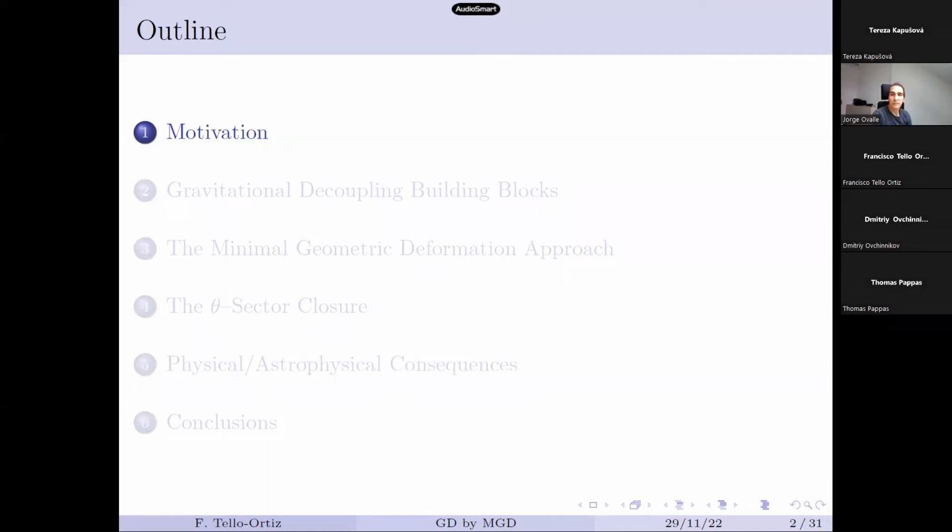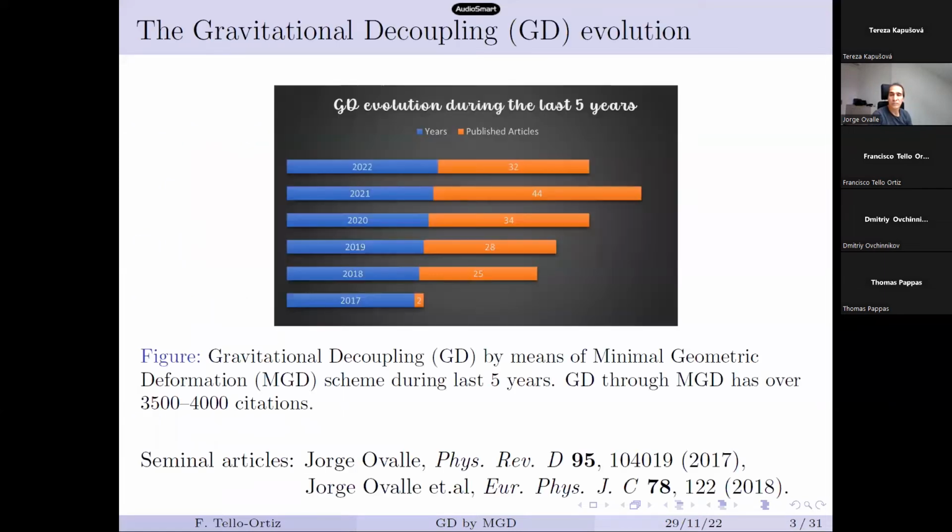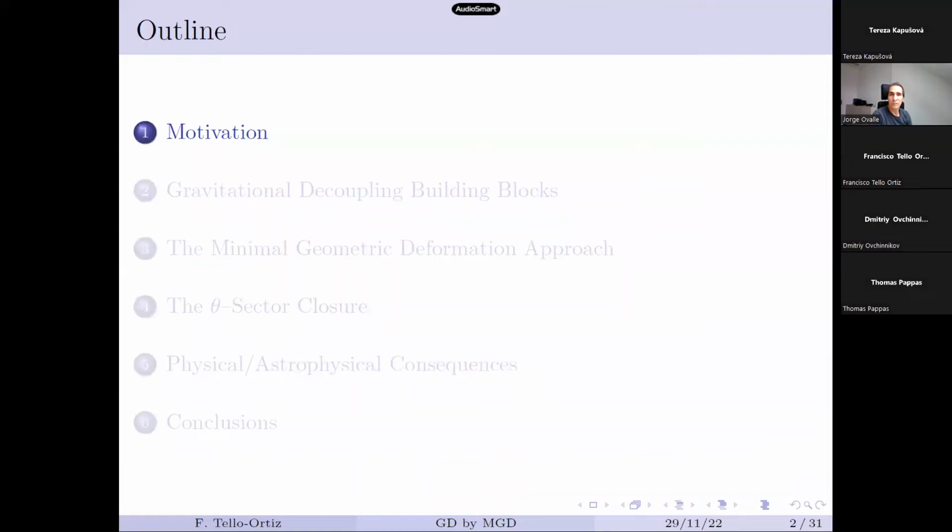And then we are going to discuss the gravitational decoupling building blocks, the minimal geometric deformation approach and its meaning, how to grow the theta sector, and then some physical and astrophysical consequences of applying this theoretical methodology in studying, for example, compact stars, black holes or wormholes. And then